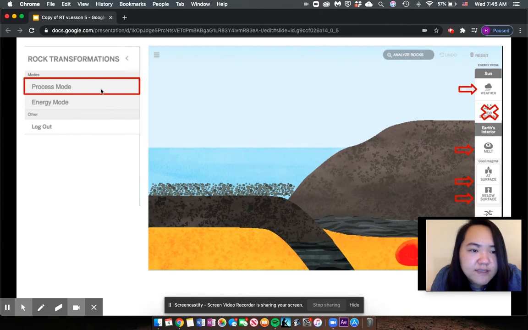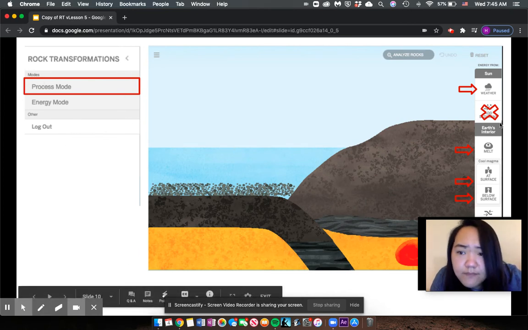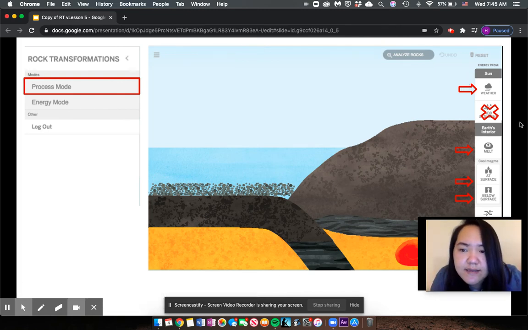So when you open the sim, you're going to use what's called the process mode. And you'll see several different buttons. We looked at this together in class. Make sure you're not using the button that says add sediment. That's kind of the cheating way to get there. But we want to see, if you play around and click the buttons, which one leads to sediment forming and which one leads to magma